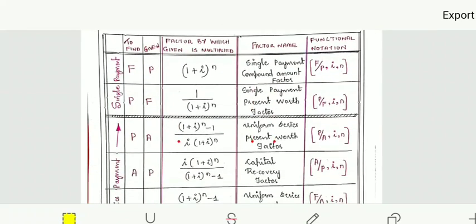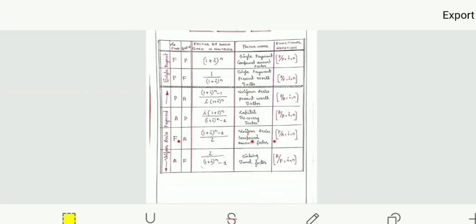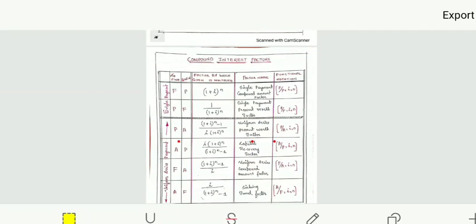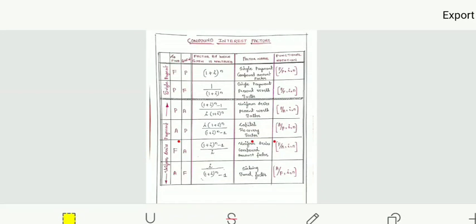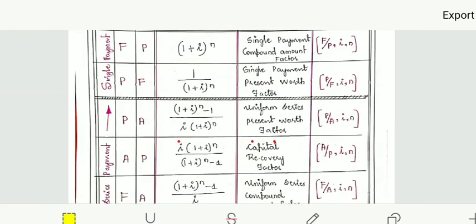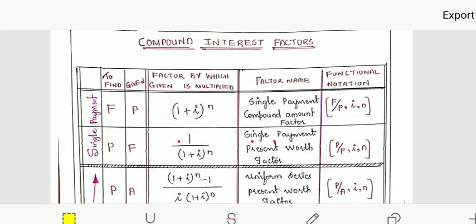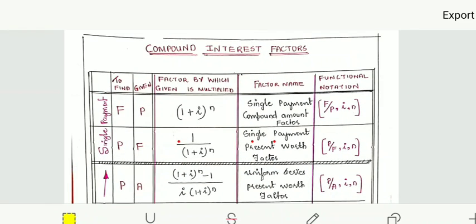So just to make things much easier, you can see I have made the interest table here. I'll even be attaching this page to your notes today. I have told you, you have to just remember 3 formulas. The other 3 formulas are the reciprocal of the same. So here you have single payment first. In the single payment, you are able to see the first one is what? You are finding out the future worth of the present amount.